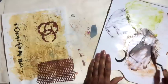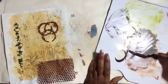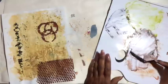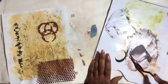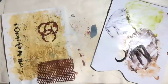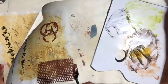It's kind of like a, what color is this? The easiest way to describe it is a brown black, but it's actually really interesting. Let's put some gold in it. Give it a little bit of...